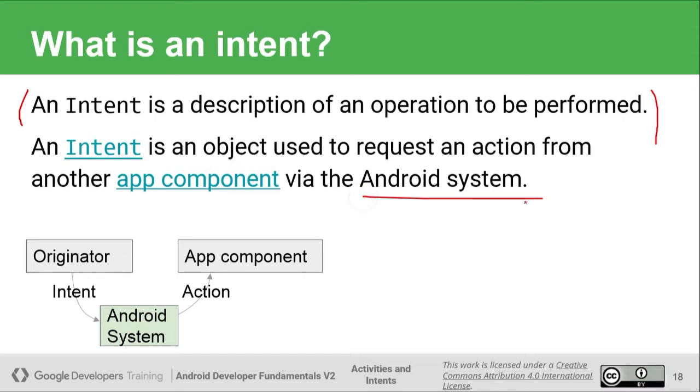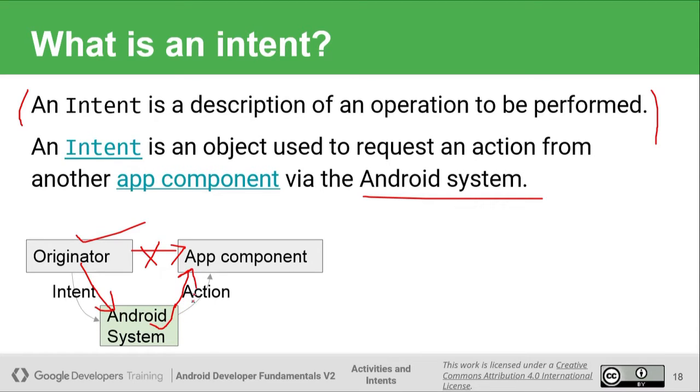As you can see in the image, this is the originator of the request, which requests some data or some operation, but that request does not move directly to this component. Instead, the request goes to the Android system, and then the system delegates this request to the app component.